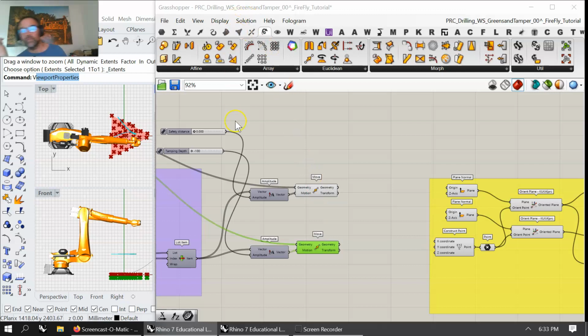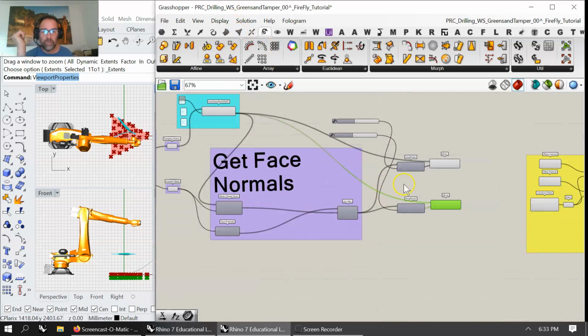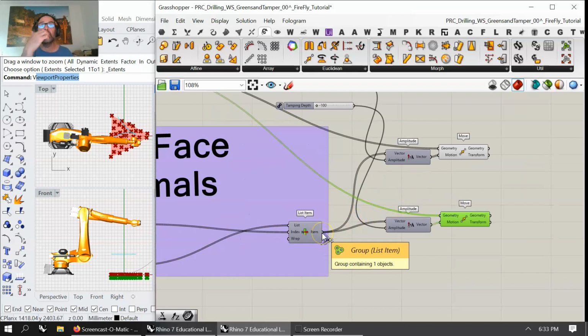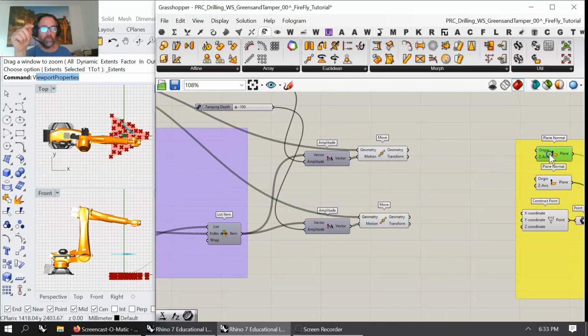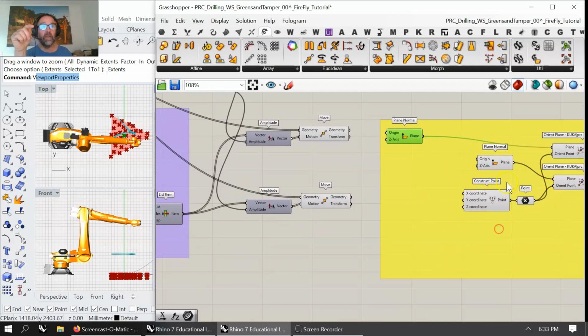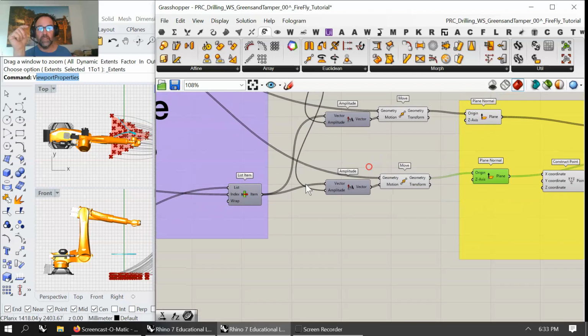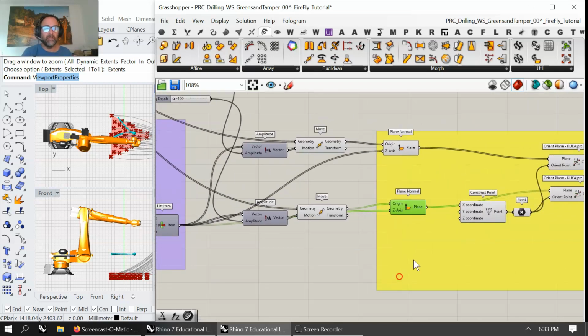Okay, let me think about this. The list item, the motion, which is easy. The list item is going to go into the plane normal, which I probably want to pull over here and pull over here. And the geometry is going to go into that origin. The geometry is going into this origin, and the z-axis is going to come out of the same thing here, the list of these points and the list of these points. And what we technically have is we can remove these